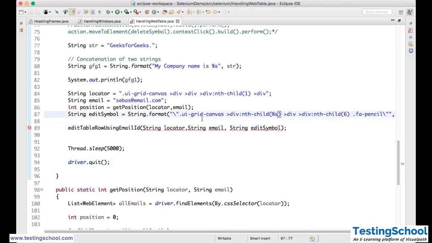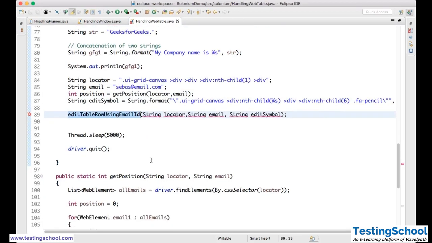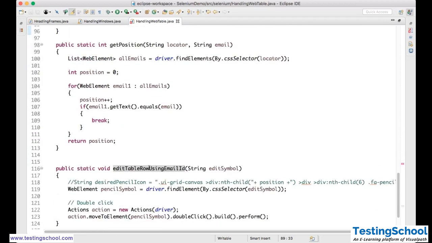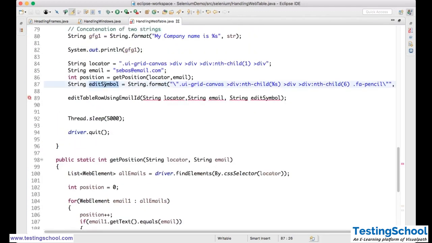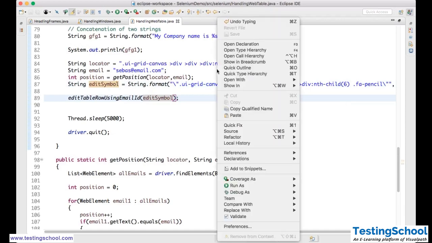Okay, you can directly append. Already I get the position. Otherwise you can use string dot format. Okay, in the edit table row using email ID, I need to pass only edit symbol. This edit symbol is enough. Only one thing. So if I run this,